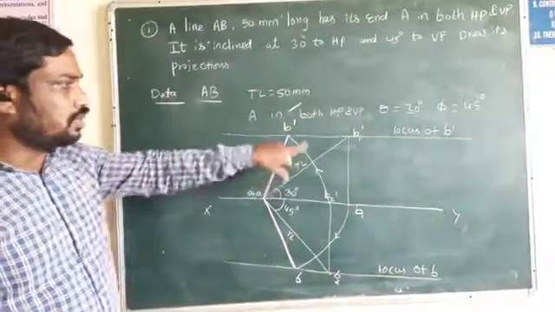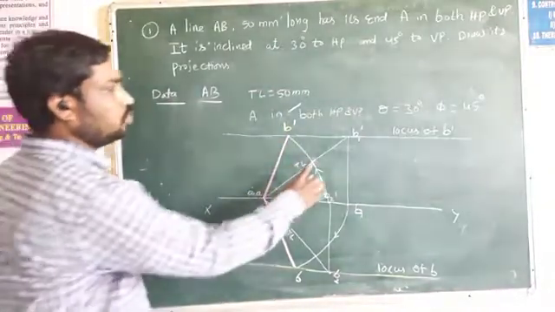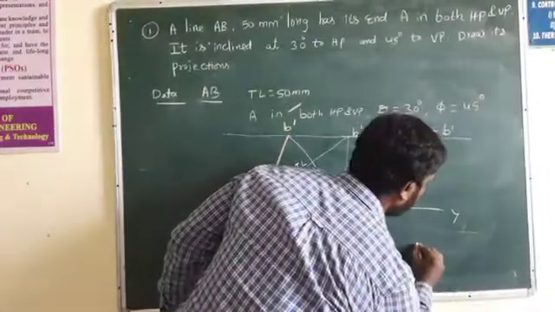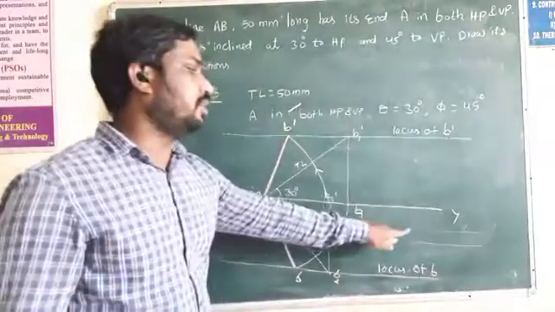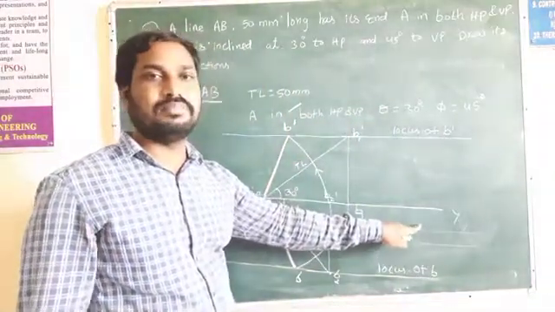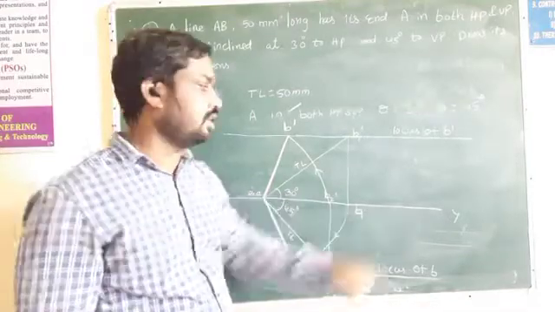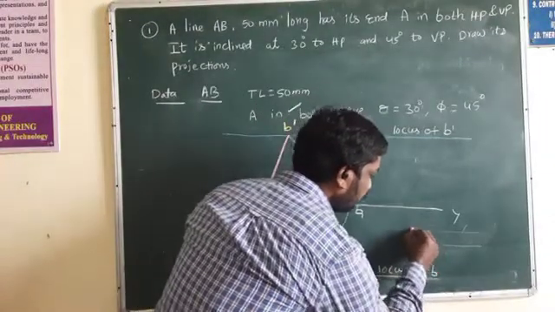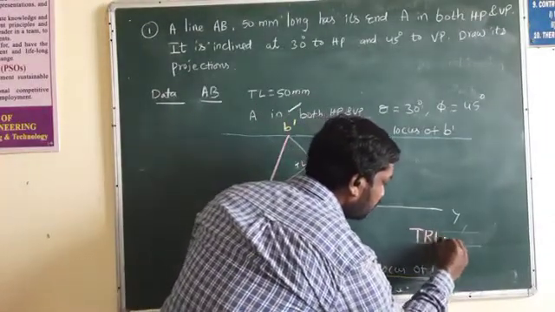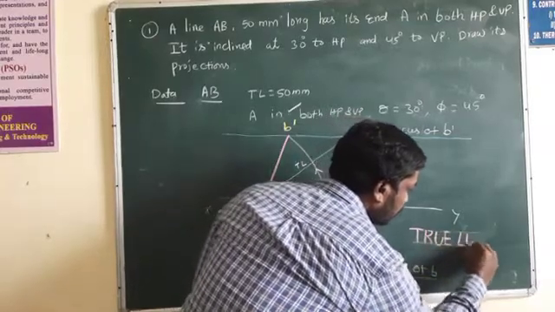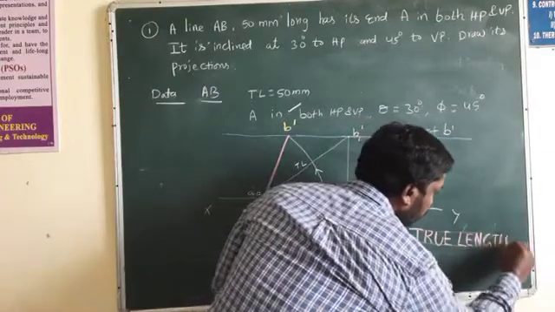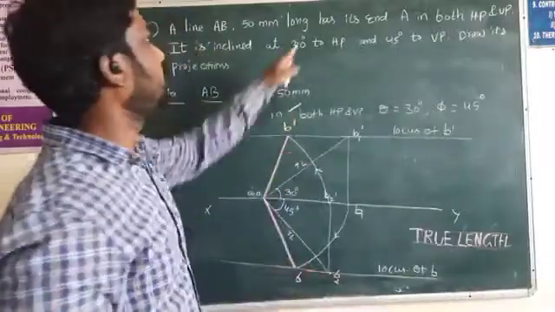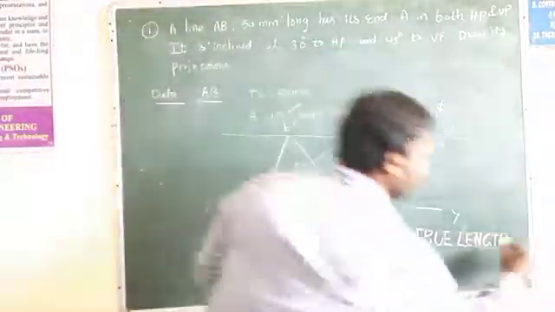Now we will show the true length. You can show the true length, or you can also write it like this. Draw two lines, where the difference between these two lines may be 0.5 centimeter. Okay. Now write down true length. You already know about the lettering. So true length equals, up to this one line, how much? This is 50 mm. You can write it like this, 50 only.